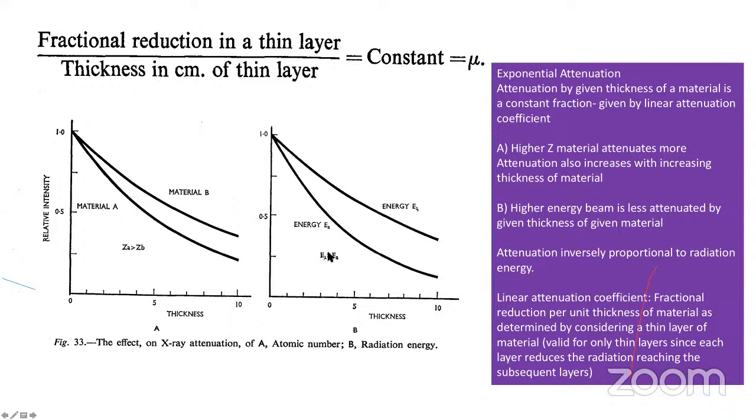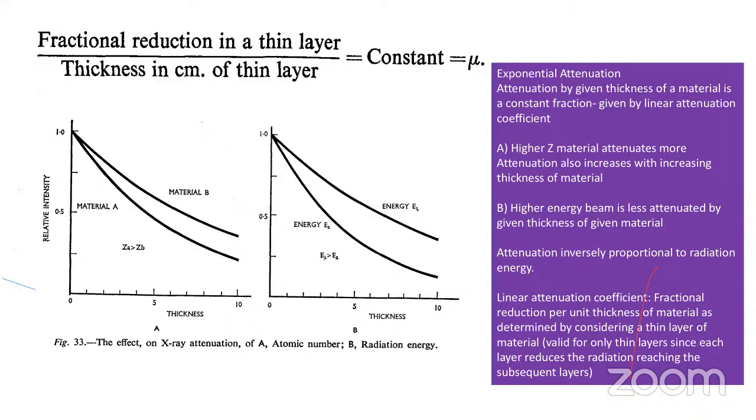So how will the attenuation change? Attenuation is given by the thickness of a material. This is how to explain: a constant fraction is given by the linear attenuation coefficient. So higher Z materials attenuate more. Attenuation also increases with increasing thickness of material, and a high energy beam is less attenuated by a given thickness of that material. So it is inversely related to the radiation energy, and the linear attenuation coefficient is the fractional reduction